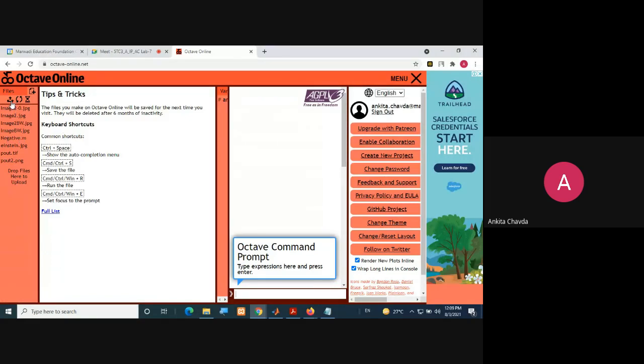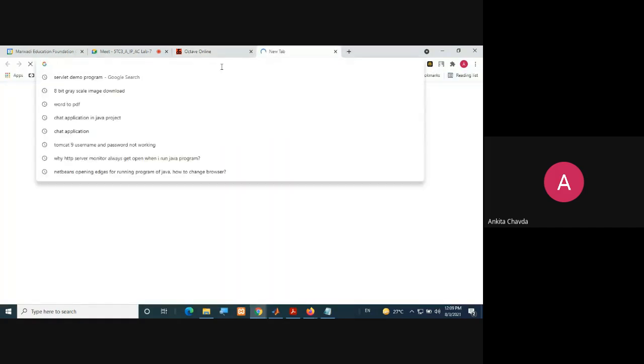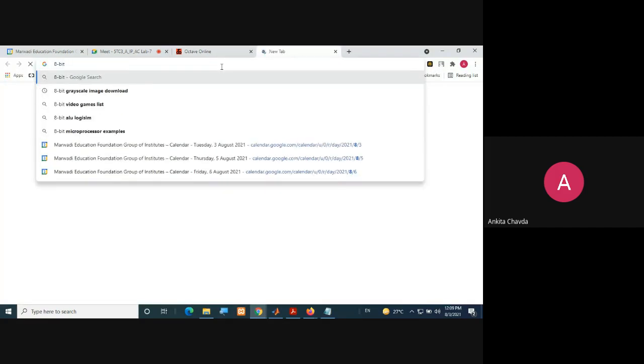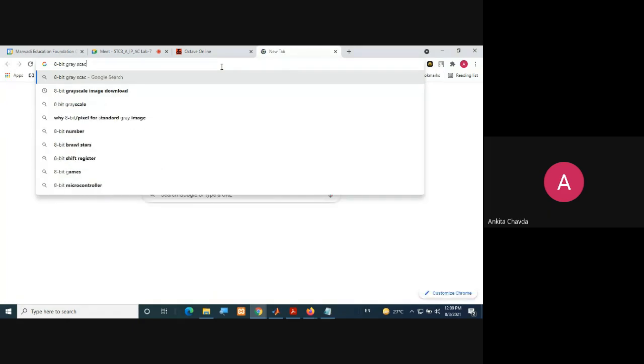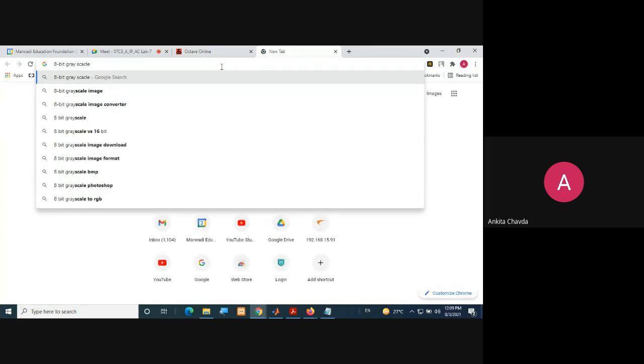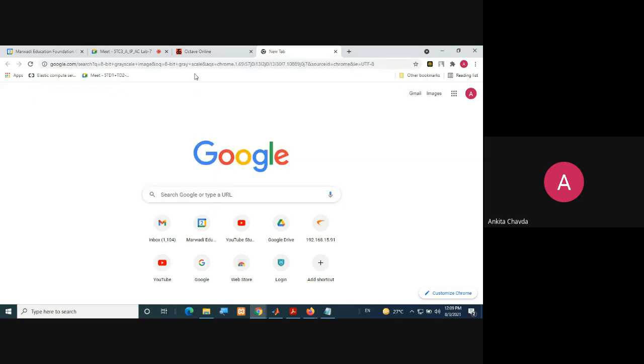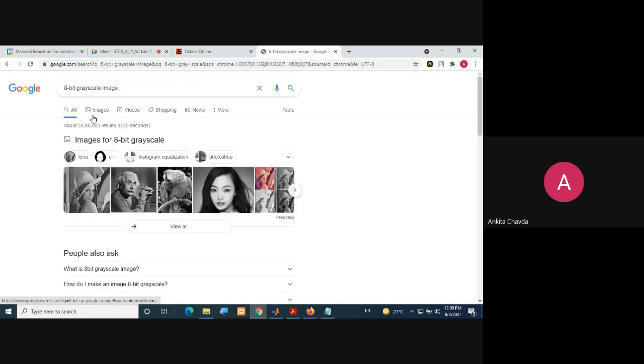Now here you need to upload the image, right? So you need to download it from here. Suppose I'm searching for 8-bit grayscale image download. You can search for those images, whatever you like, and take it.